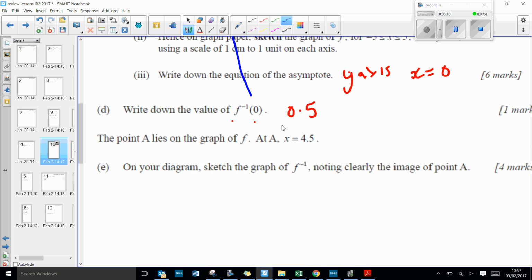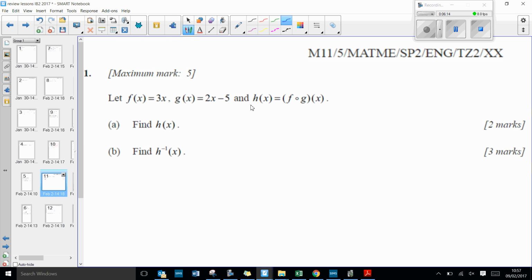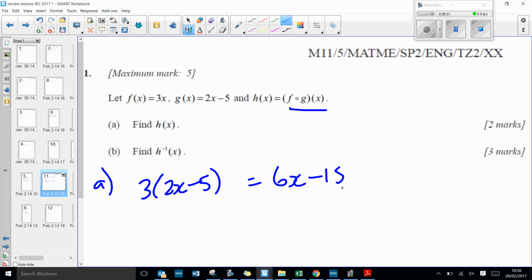Okay, next one, find h(x). So h(x) is f of g, so we're putting g into f. So that's 6x minus 15. B, find f inverse of x, so we're saying y equals 6x minus 15, x equals 6y minus 15,